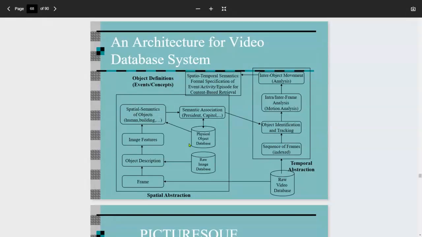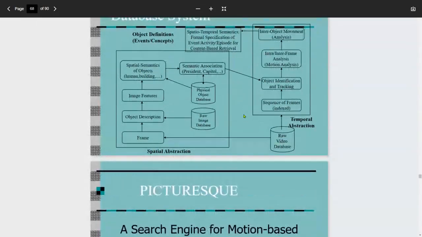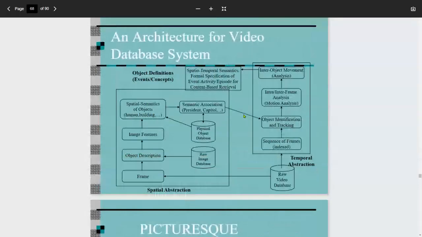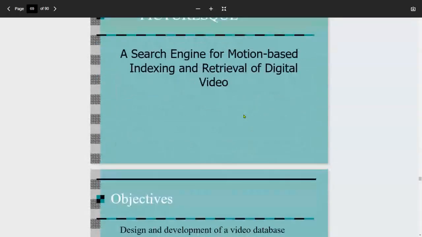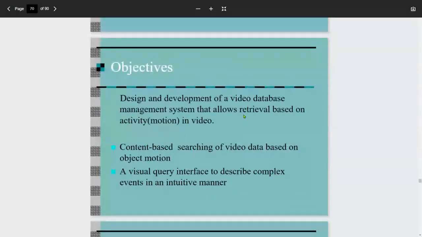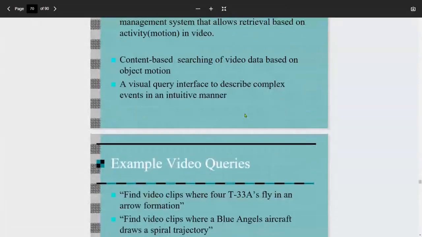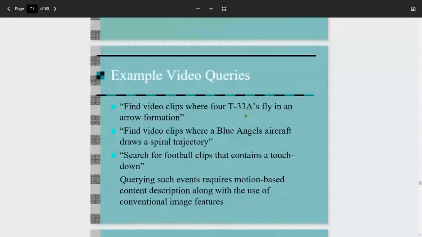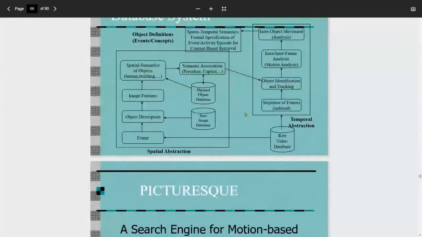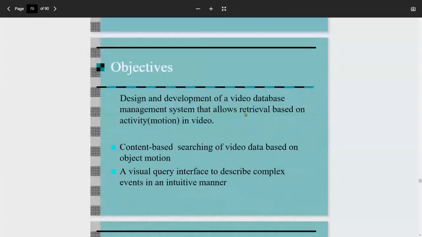So you will typically have a combination of these spatial or image features and the temporal or dynamic aspects in a video data system. So that's typically what differentiates a video database. This is just one example that was the subject of my research when I was a graduate student. And once you have that kind of a description, the next step, of course, is